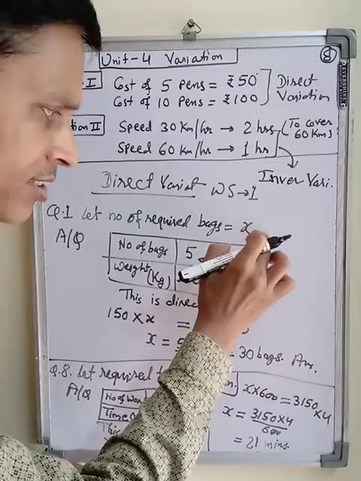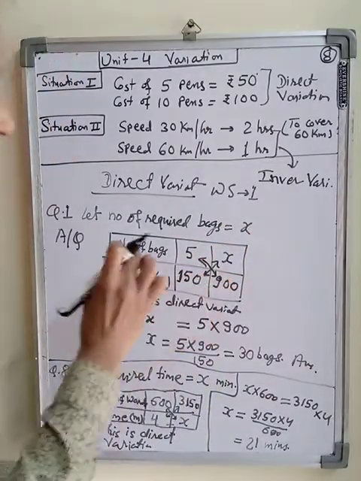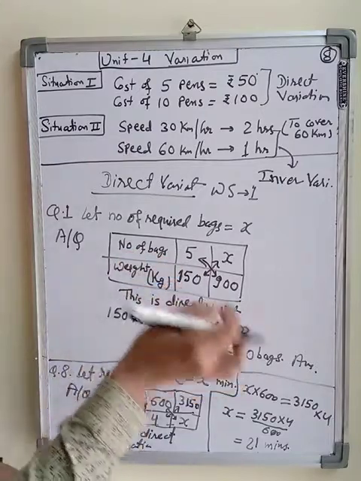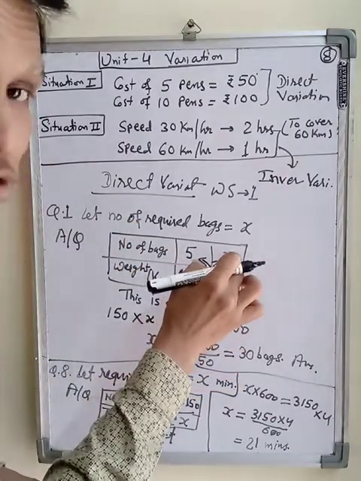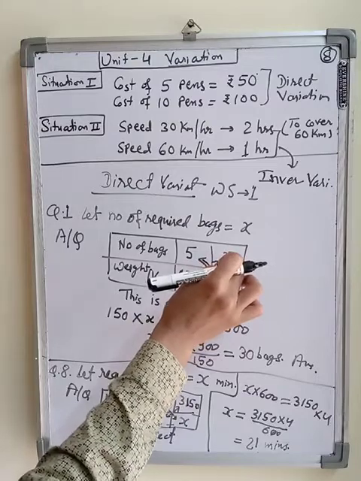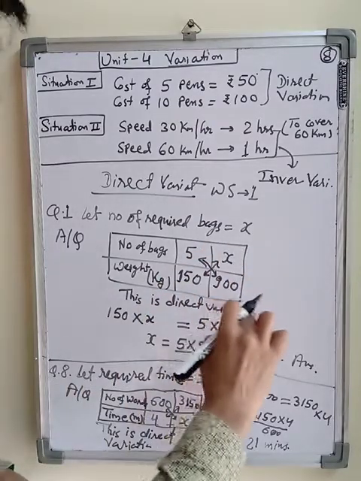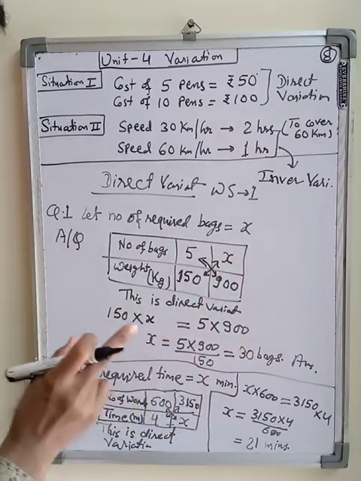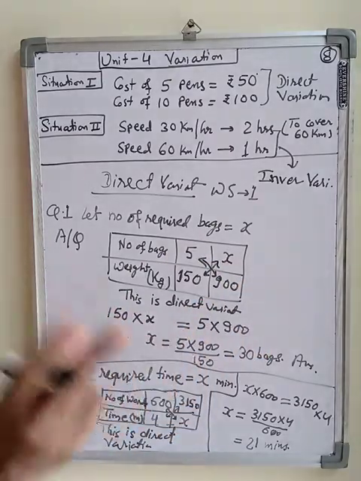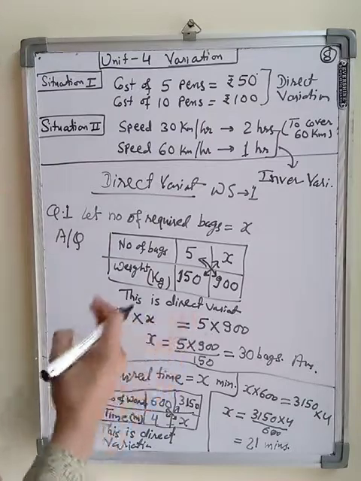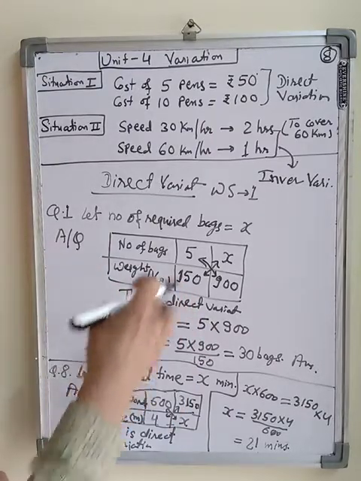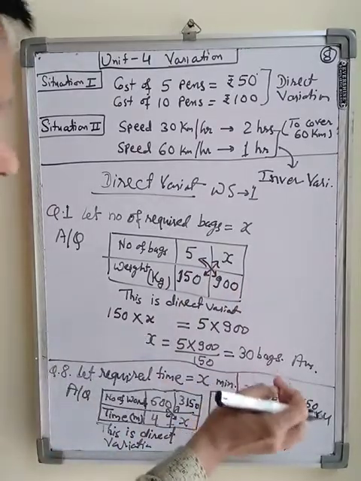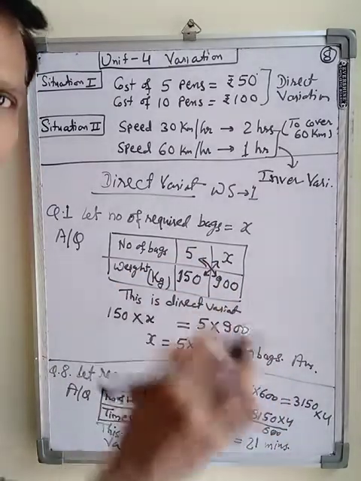First you will take x, then you will draw a table. In the table, the information which is given you will fill in the correct boxes, and which is not given you will assume as x. Here you will put x, then you will write this is direct variation. After that by cross multiplication you will note down, but take care that the x term you will write on the left hand side, and the other pair on that side, and you will solve for x, and with the proper unit you will write the answer. Okay.